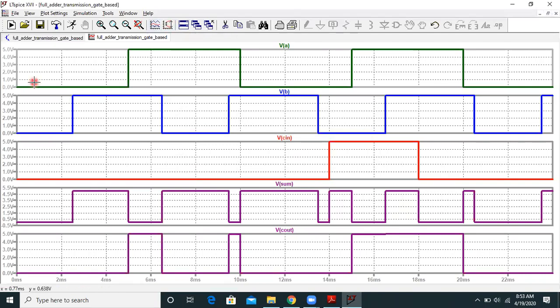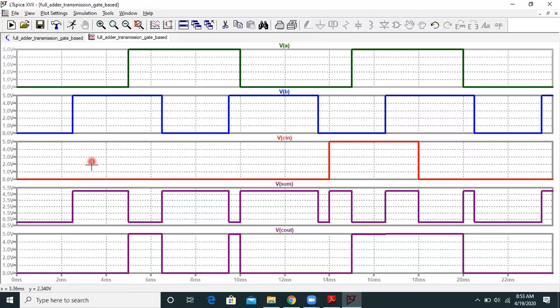A is 0, B is 0, Cin is 0. So when A, B, Cin all are 0, the sum is 0 and the carry is also 0. Yes, it is true.